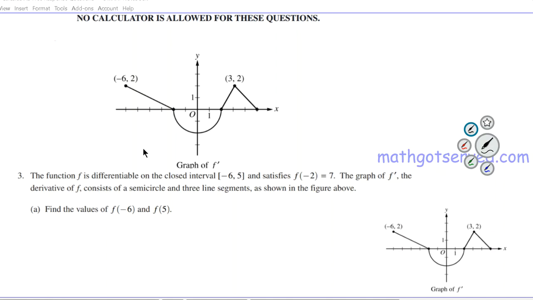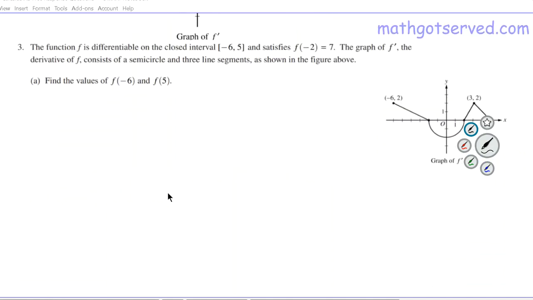values of f of negative 6 and f of 5. All right, so let's write a plan that we're going to use to solve this problem. Our plan is as follows. We're going to